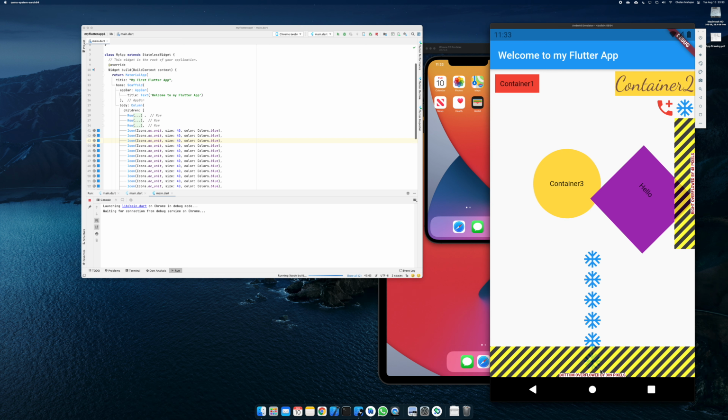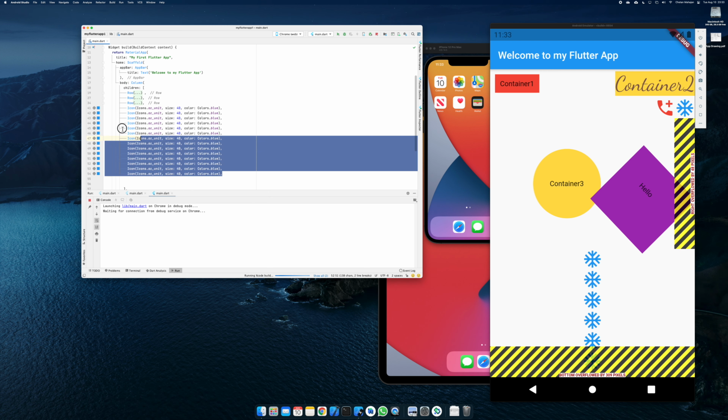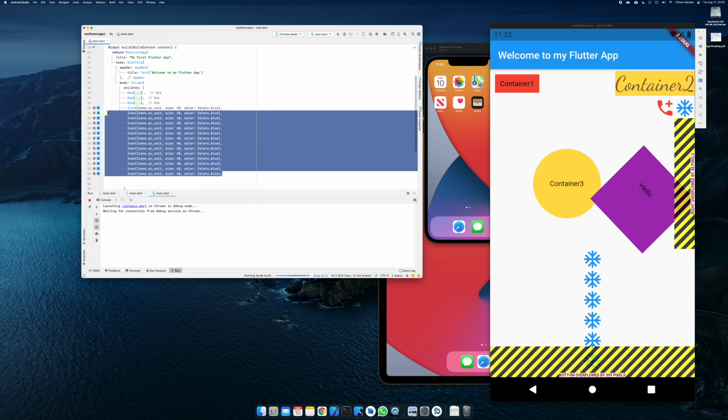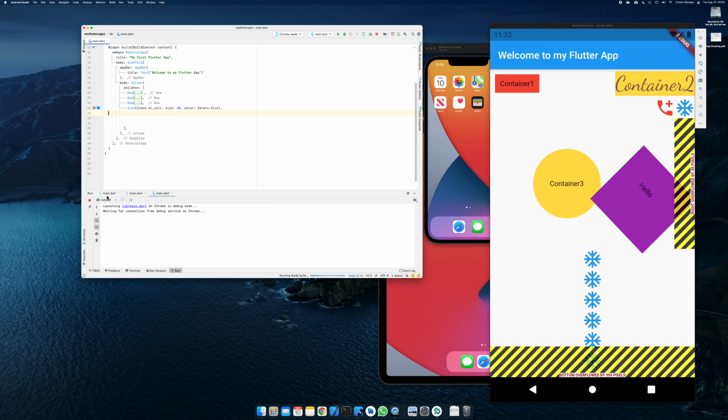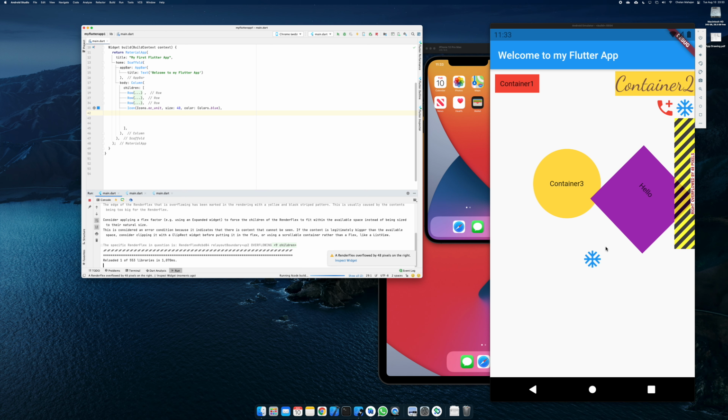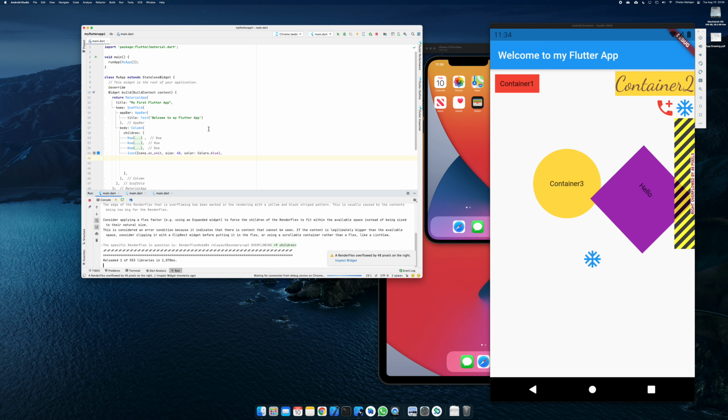Of course, we are not going to sort out the issue of overflow. We will discuss it in detail in the future. But just in case, because they are duplicates, I'm going to quickly delete it. And if you want to see it, I'm going to do a hot reload. Of course, it is overflowing on the right-hand side. We're not going to fix it for now. So let's discuss